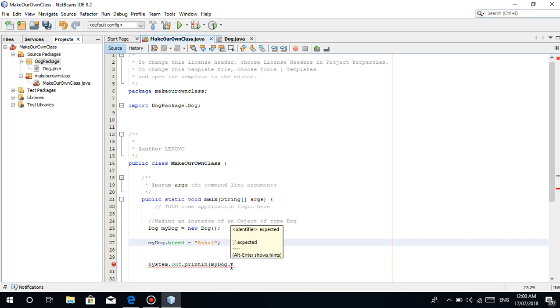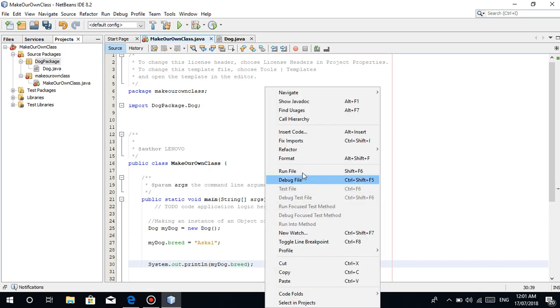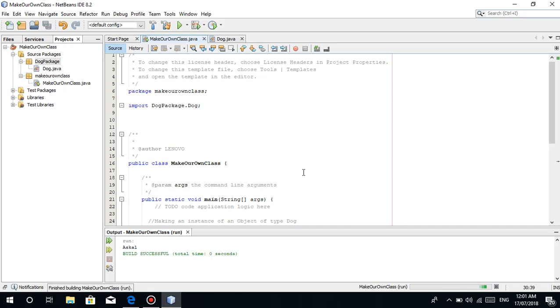So let's print the breed of our object of type Dog, whose reference variable is myDog. We print its breed, which we set as Askal. Once we run this, as you can see, Askal. What we are doing is accessing the attributes of that specific class,